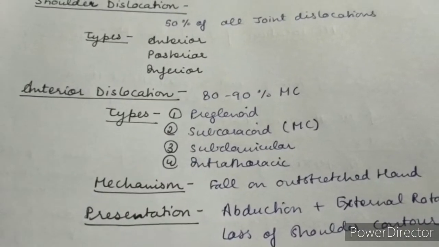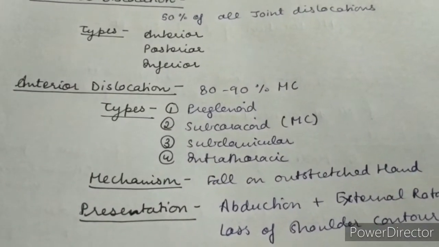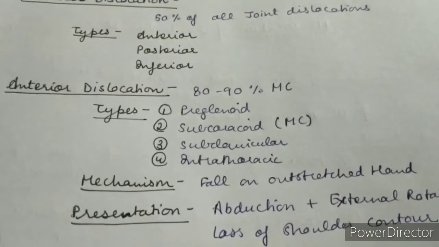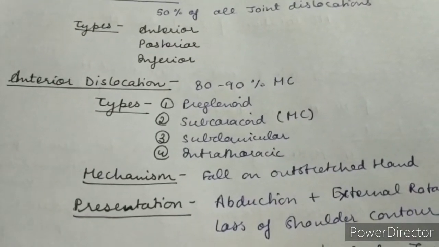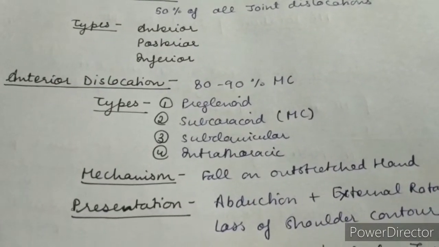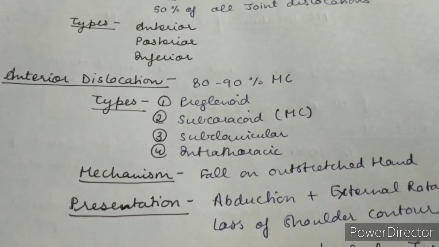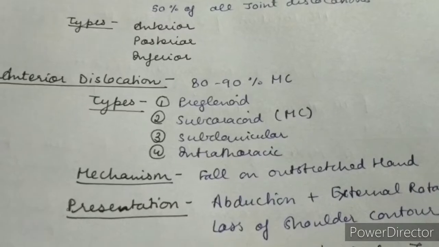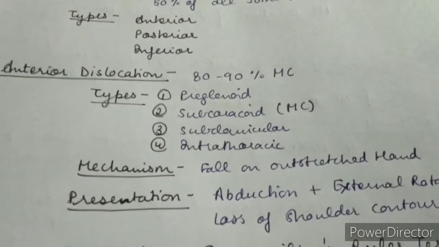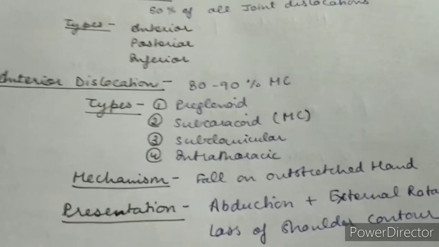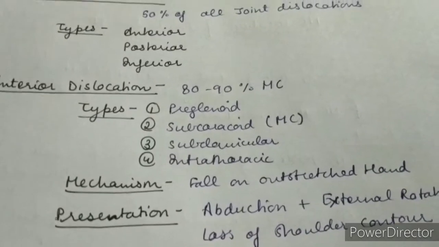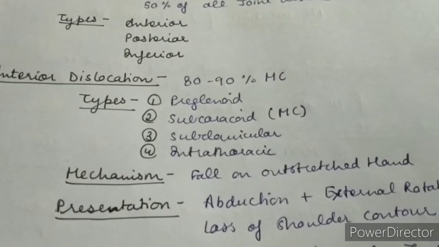The shoulder joint is the most mobile joint and it is the most unstable joint. All kinds of movement are possible here, that includes flexion, extension, adduction, abduction, internal rotation, external rotation and circumduction. The head of the humerus to glenoid ratio is 3:1. That makes it the most unstable as well as the most mobile joint.